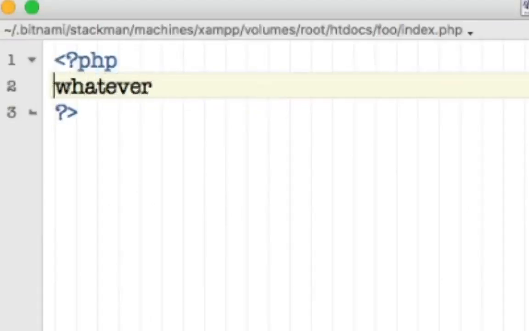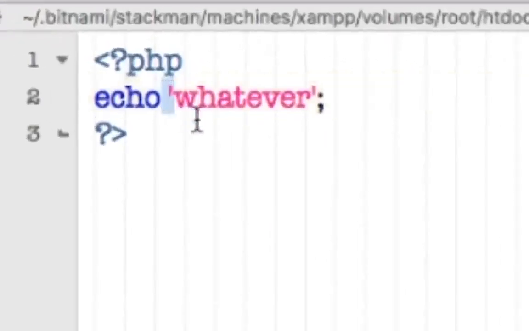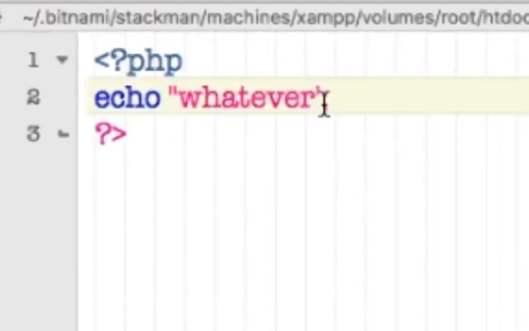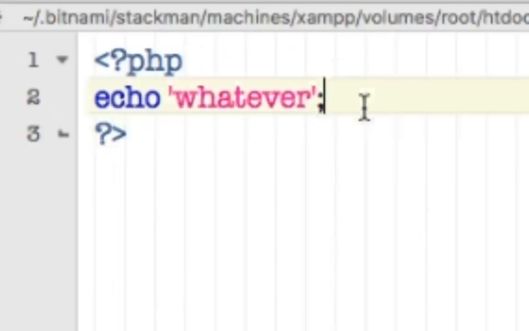Okay, so one of the big ones is echo. Okay, echo whatever. Now notice I started with a single quote. You could also use double quotes. Double quotes will work too. In fact, if you looked at other PHP tutorials, they have you use double quotes, but it's a little bit faster if you just use single quotes. I'd like to get programmers into using single quotes because it makes your applications faster, because it doesn't have to read as much. Now there might be some debate on that, and some experienced programmers that are used to using double quotes,